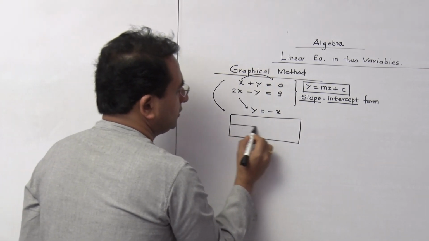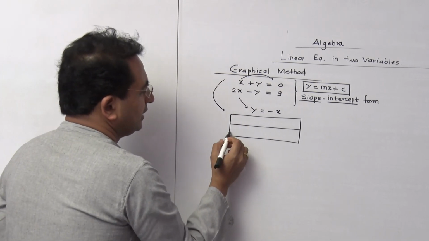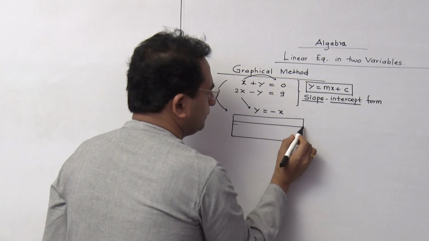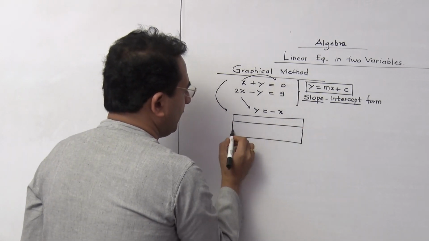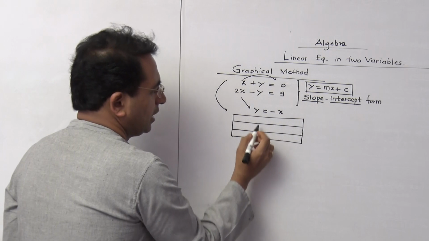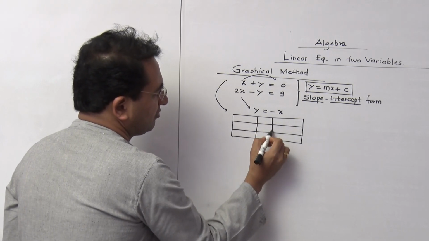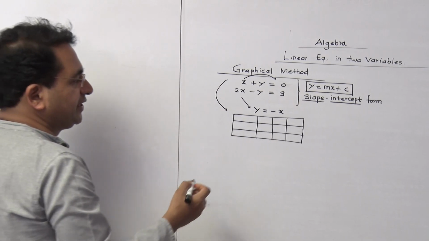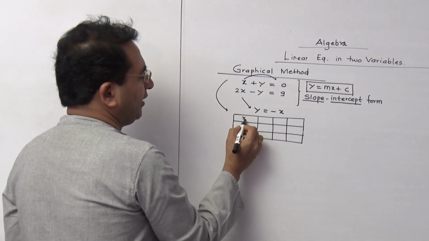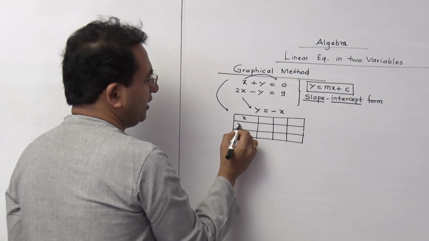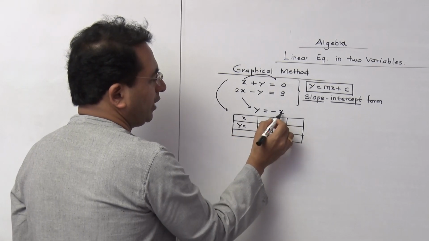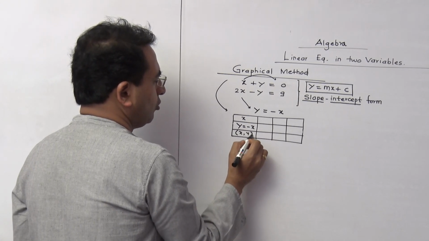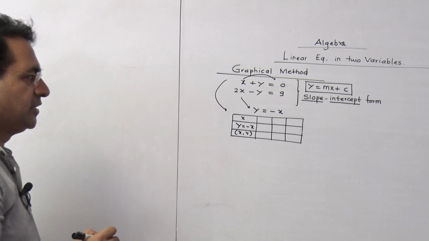This is the first. There is something like one rectangle. In that we are supposed to draw 3 rows and 4 columns like this. Now we consider x as the independent variable, and then we write the new equation for y which we have generated. y is equal to minus x, and here we can just write x comma y. Is that clear to you?